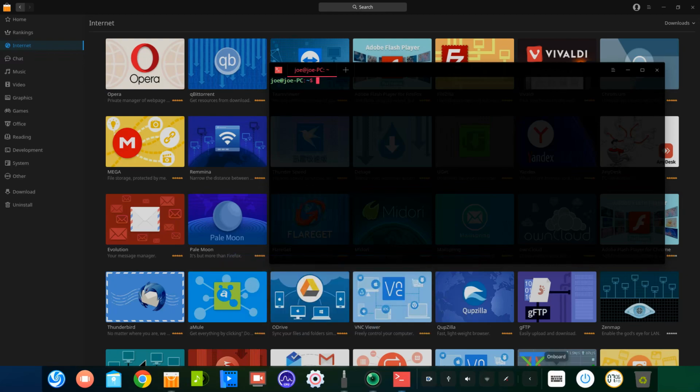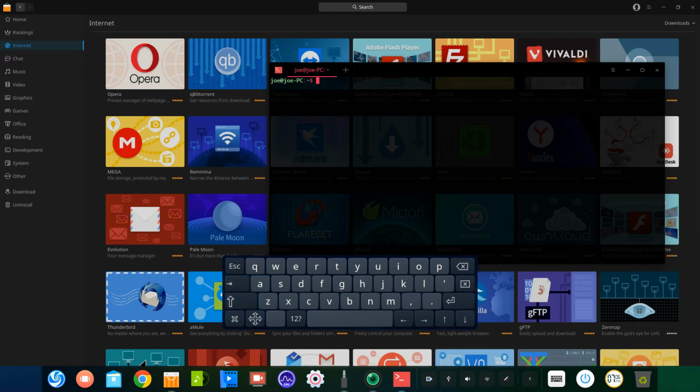Onboard, you can leave it in the dock, and when you need to type something, just click on it, and boom, up pops a keyboard. It works. So, let's look at